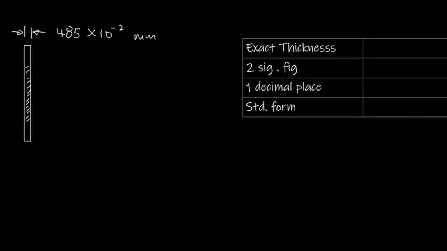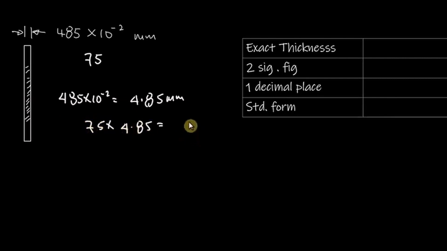Part 1b of the question says we have a cardboard which is 485 times 10 to the minus 2 millimeters thick, and we are going to stack 75 of them together. So we'll have 75 of these cardboards with thickness 485 times 10 to the minus 2. Now let us just recognize that 485 times 10 to the minus 2 is really equal to 4.85 millimeters. So 75 of these would give 75 times 4.85, and that is equal to